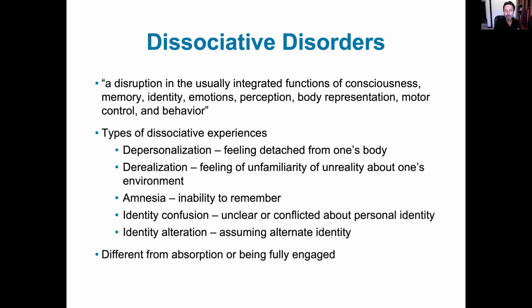You have a lot of confusion. You're not sure where you are. Amnesia, basically a lot of not being able to remember things that happen maybe before or after a trauma or during a trauma. Or if it's some kind of physical amnesia where there's an injury to the brain, you don't have to have a trauma other than the disease that is causing the physical problems with our brain. We have identity confusion, where we can lose who we are, and identity alteration, where we assume a different identity.